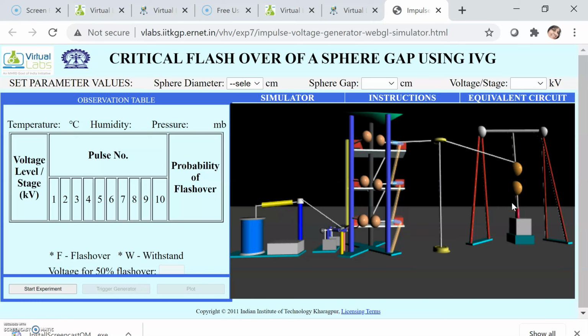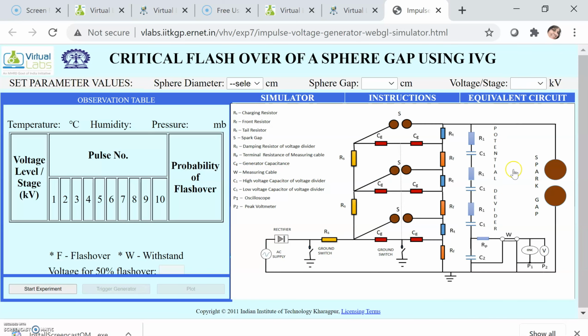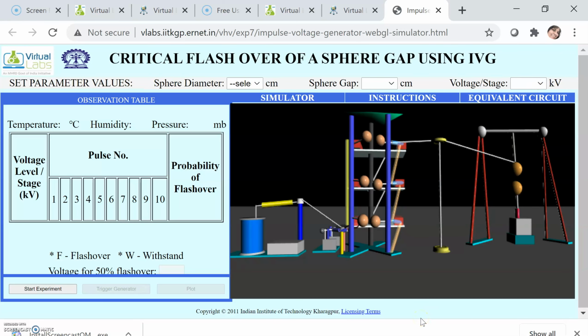If breakdown takes place, you will come to know by the air flash. A spark of air will take place. You can visualize that if breakdown takes place with your applied voltage. Then you can see that the voltage has caused breakdown of the air. But if breakdown does not take place, you will not observe flashover between the two gaps. Then you can say that the air has withstood the voltage you applied. Then you increase the voltage again and find out at what voltage you can observe the spark.